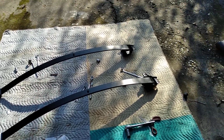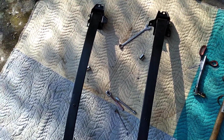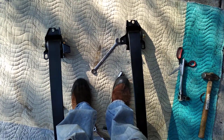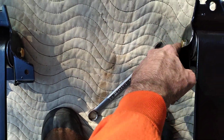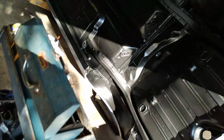All right, so we got the bushings and the plates on. So as you're looking from the bottom of the car, here's your right and your left. And then the bolts go on the inside here. So that on the inside,